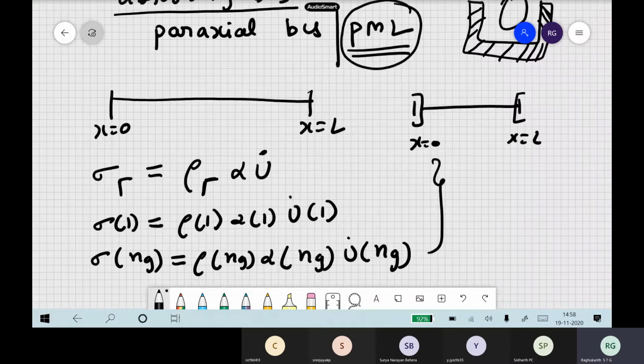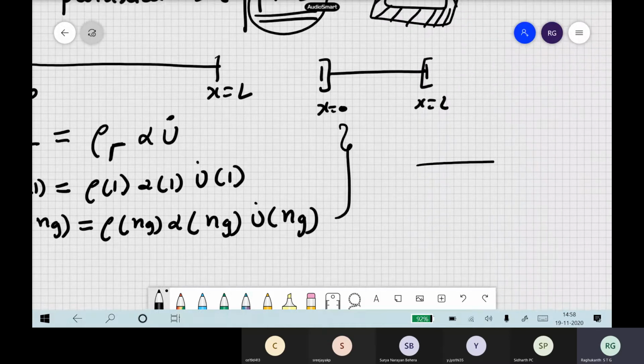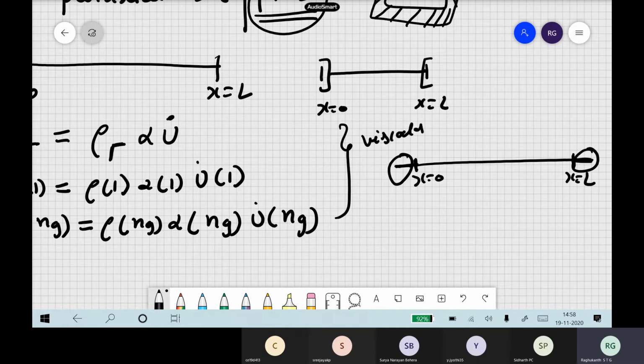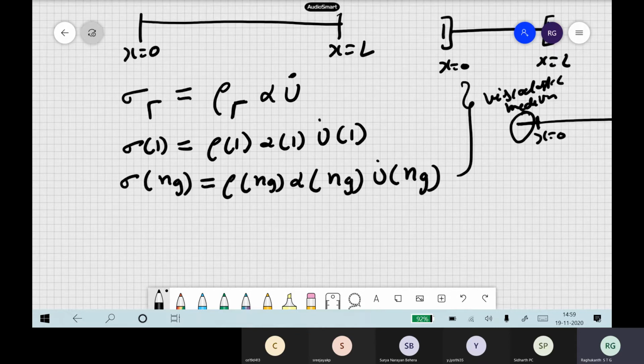So this is PML, perfectly matched layer. If you want to do a perfectly matched layer, this is your beam, x equal to 0 and x equal to L. You have to extend this side by some amount, and assume that there is a beam acting here also, but here the equations of motion will be different. They will be more or less the same as a viscoelastic medium. Viscoelastic means damping will be there. The material properties and other methods we have discussed long back. So this is also one way, perfectly matched layer, but the simpler thing, the damper, is what people used to use previously.